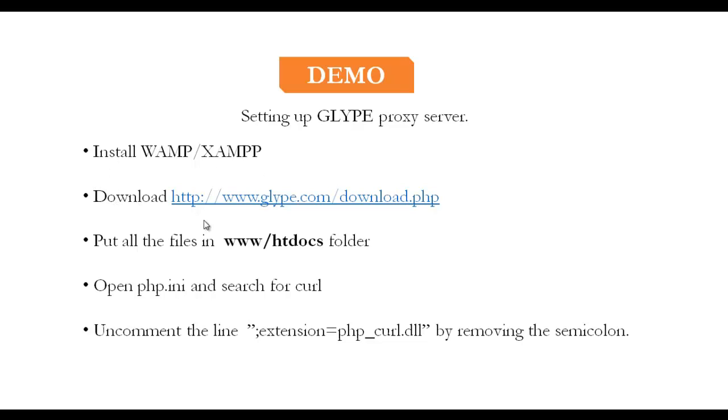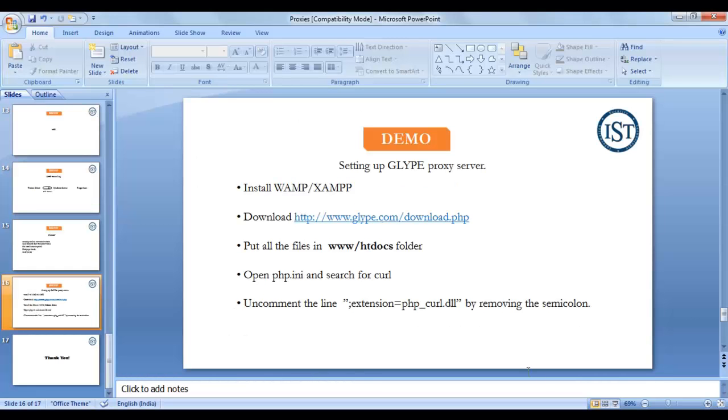And first of all, we need to download the Glype proxy script from their official website, which is glype.com, and you can simply go to this link and download the Glype software script. After downloading, put all these files in the www directory if you are using WAMP, or the htdocs directory if you are using XAMPP. And once after this, just open